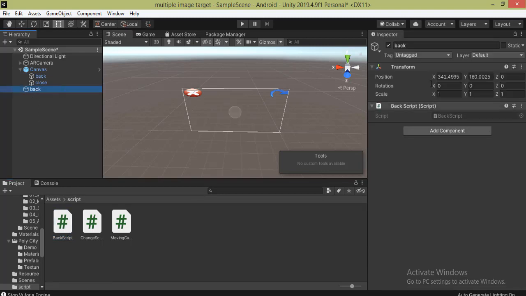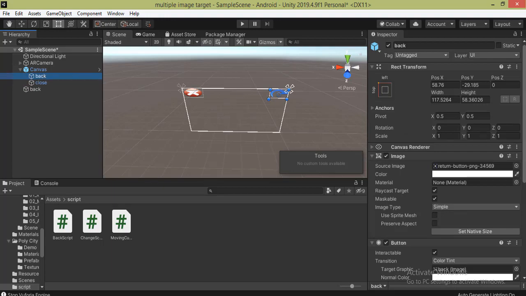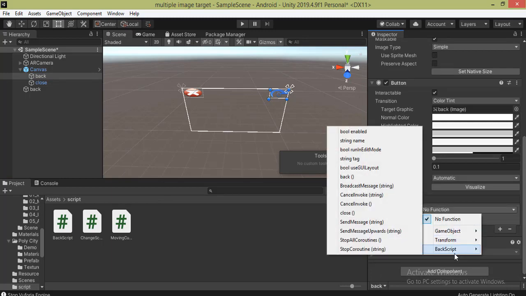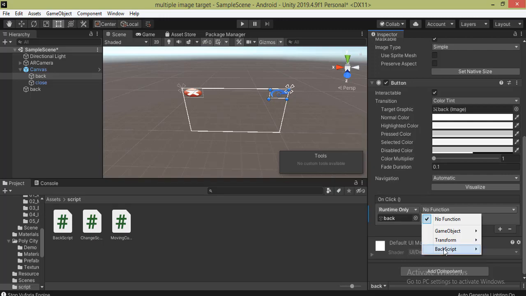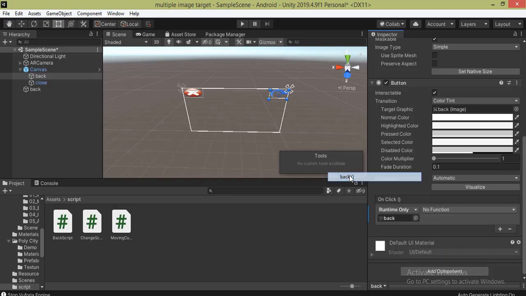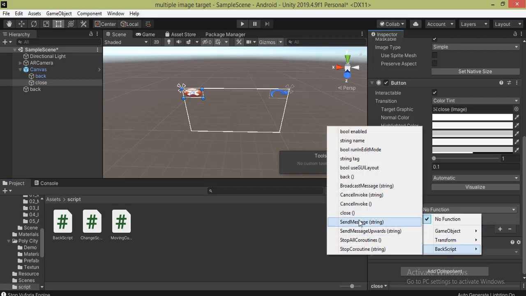If I click here, you will see in the inspector panel the back script has attached. Now I click on this back button, go into the inspector panel, you will see on click, I click on this game object, drag here, back script, and basically back is a function which transfers us to the main window. So I select back.